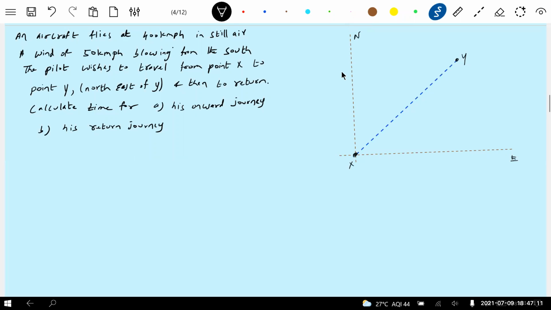This angle, it is given as northeast. Okay, this is our source and this is the destination. The pilot moves from X to Y. His onward journey means from X to Y, his return journey means from Y to X. This much we have, and the distance XY is how much? Length is